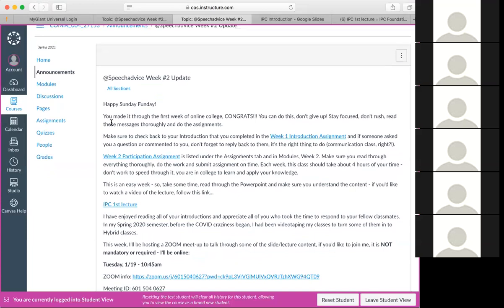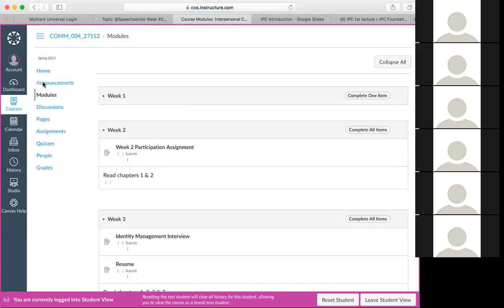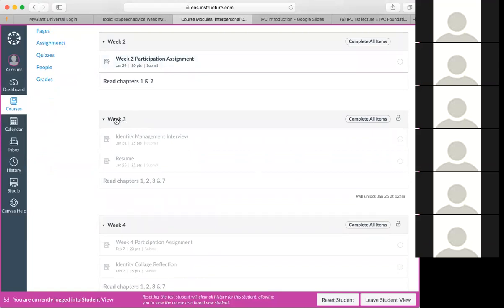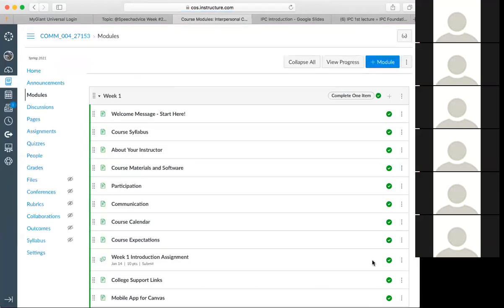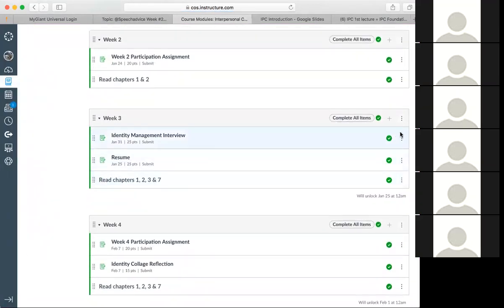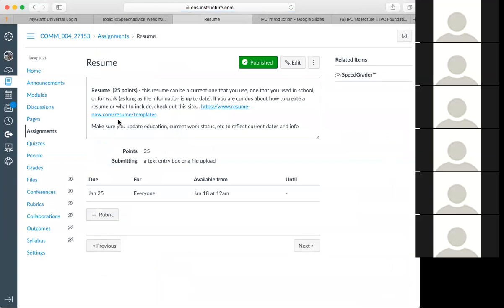But on top of that, you should be thinking ahead about the following weeks. So for example, if you look at week 3 here, let me see, hold on one second. I leave student view and I go down to week 3. I'm going to make this the next thing that we look at. In week 3, it says that your resume is due by Sunday night, which would be this coming Sunday night. It's not going to count off if you don't turn it in by Sunday night, but it's going to help me if you turn it in by Sunday night, because it'll give me something to look at to kind of get to know you. So Levi, I might look at his resume before we get online and our Zoom one-on-one